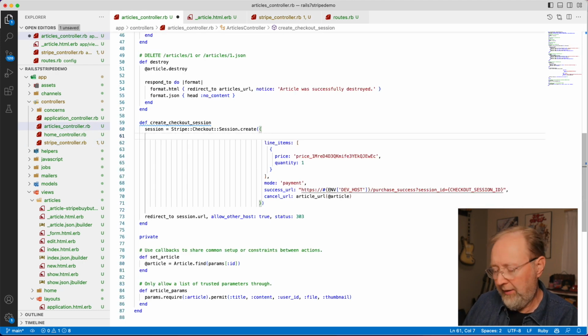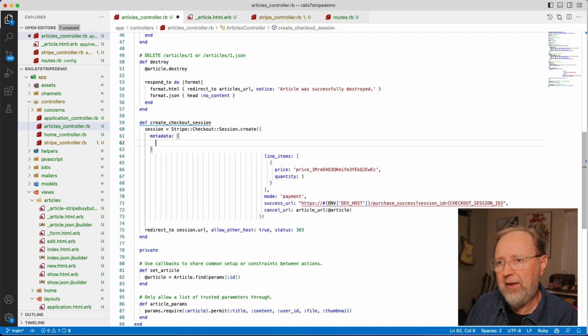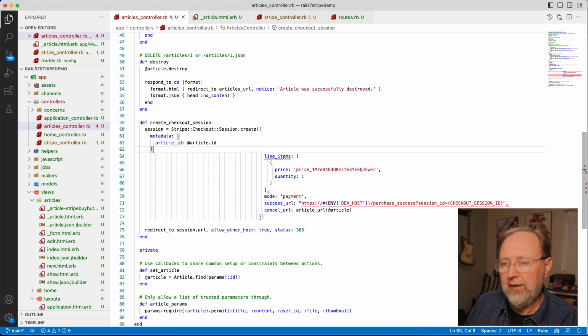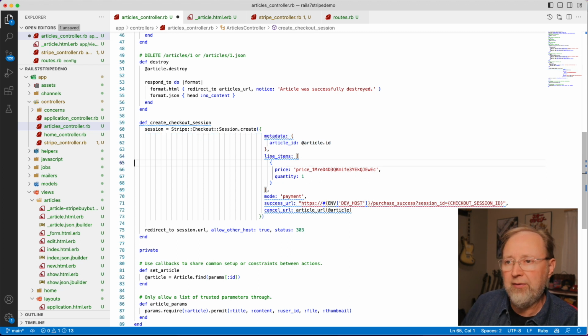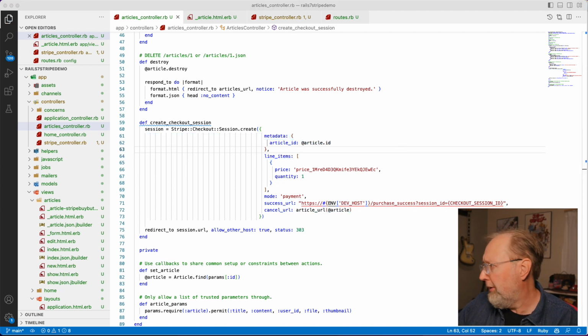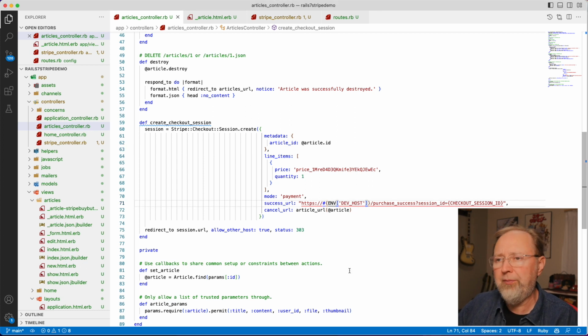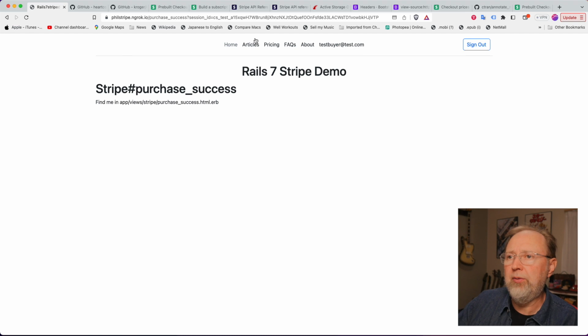And that is, quite simply, we're going to add some metadata. And we're going to add article ID. And it's going to be the article ID. That's all the magic we need right there. Now, unfortunately, it's not retroactive, so I'm going to have to buy again. Luckily, this is not a real credit card. So what we can do, where are you? Just trying to clear up my stuff. I've got a ton of tabs open. There you are. Yeah, we're good to go. So that's it. So now let's go back to article number 2